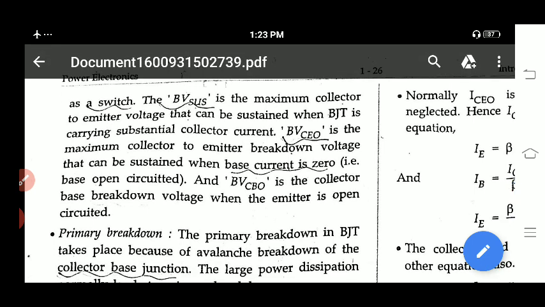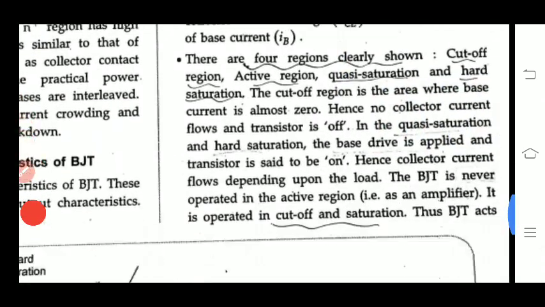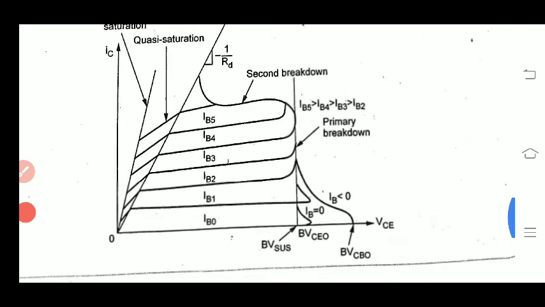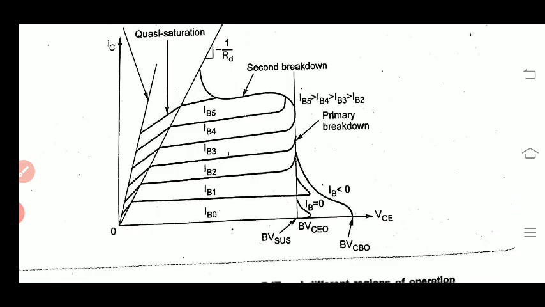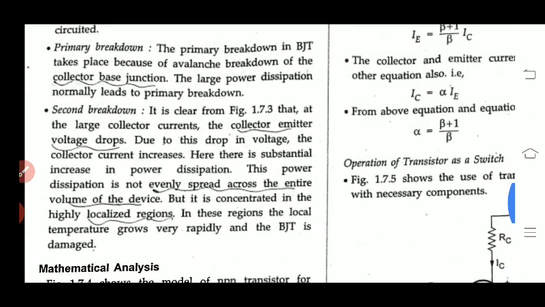This is the sustainable voltage. BV represents a breakdown voltage, or a maximum voltage that can be tolerated without any damage. That one we have seen in this graph. So what is that maximum? BVCEO, BVCBO, BV sustainable, that can maintain this much of sustainable voltages without any damage. Next section we will see.